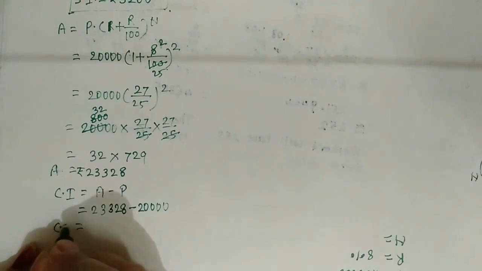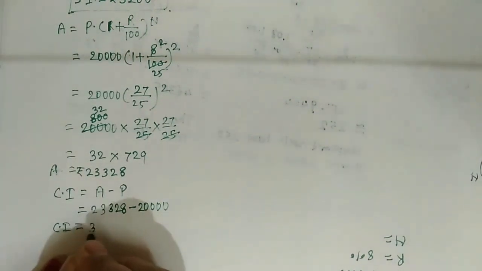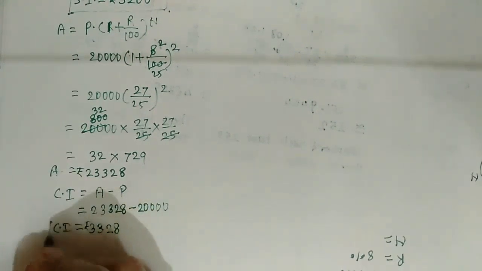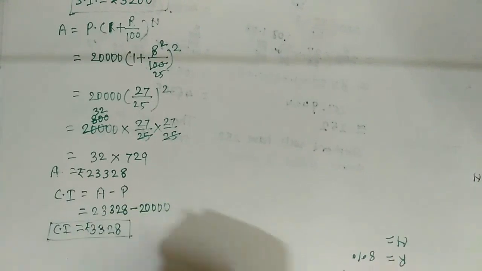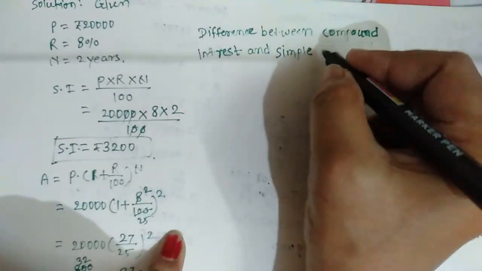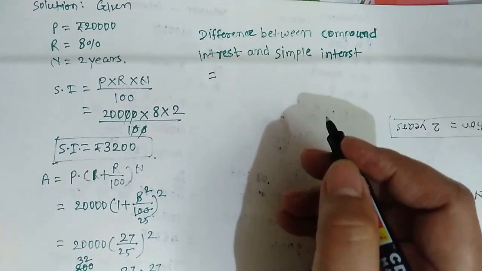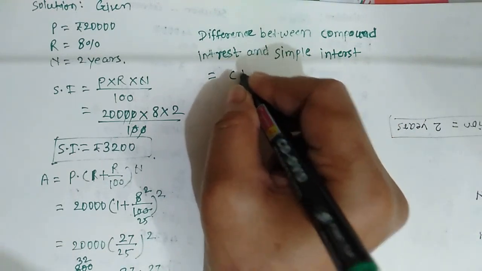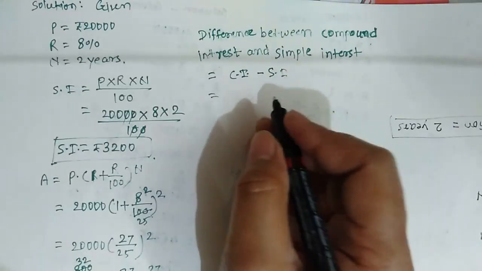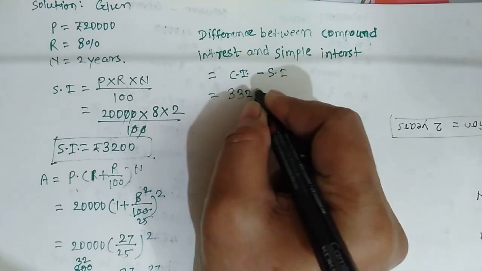So compound interest is equal to 3,328 rupees. Difference between compound interest and simple interest is equal to 3,328